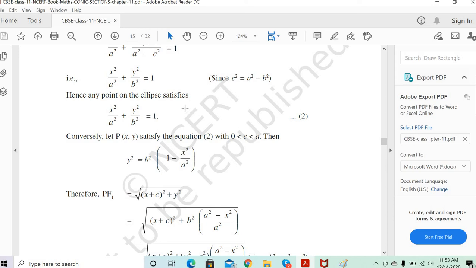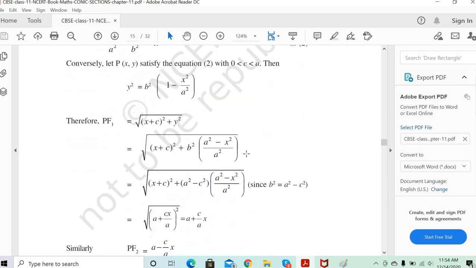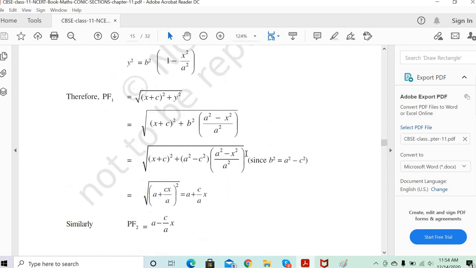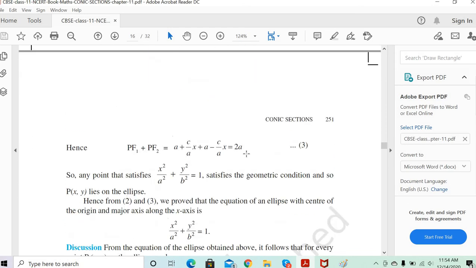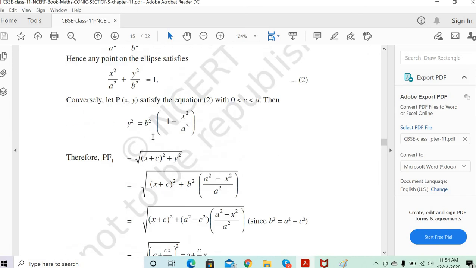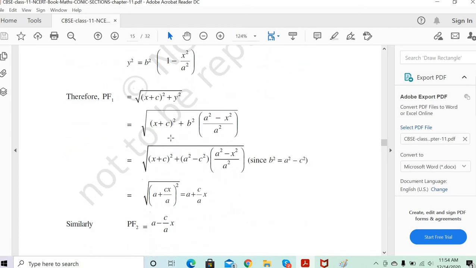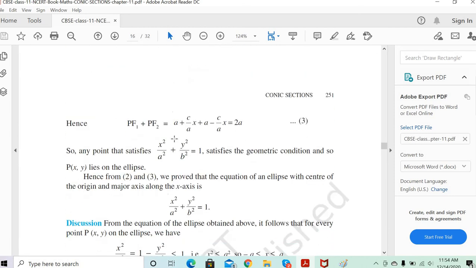Correct. So P is given to the value, then we can easily find out that P satisfies the equation, 0 less than c less than a. That's fine. Now, we can actually get the value of PF1 and PF2. Once you do that, you should get the 2a. So we don't need to do this part. It is just the justification part. So our goal is to get the equation of the ellipse only. Once we know the a, b, c values, you can actually find everything in the ellipse, right?